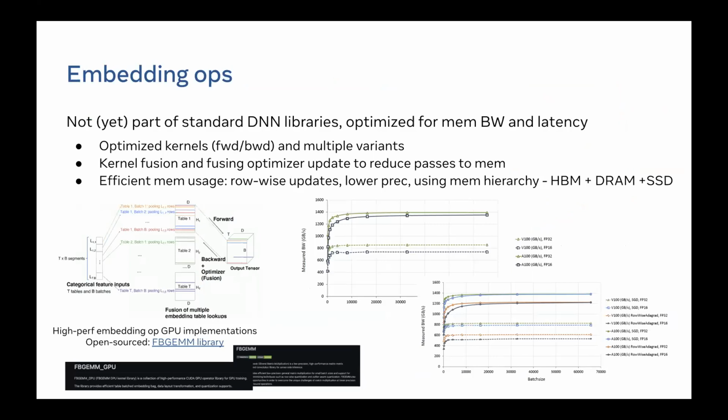And the second key characteristic or difference is, maybe I'm not going to spend a lot of time talking about MLPs or the actual neural networks. These are a typical part of standard libraries like cuDNN or MKLDNN, and they've been optimized, right? Convolutions, GEMM, there's a lot of work that has gone into optimizing them. But where there's a gap is essentially these embedding operators. As we saw, embeddings are very important. They're a critical part of these models, and they have very different or unique characteristics. These are memory bound, bandwidth intensive, and